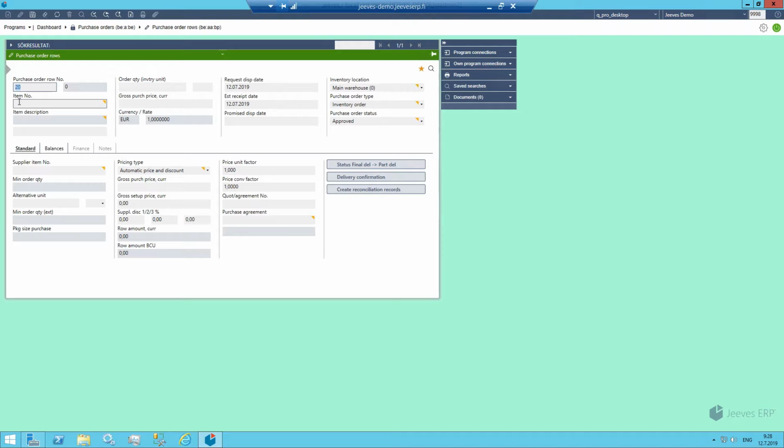Now you can see there is a new sheet for a new item. So this is Purchase Order Row Number, and the dates are the same, and it's time to write another item number to this field. And then we will click Enter, and we will specify the quantity and click OK. If you want, you can add the next item, and you can see the next item Purchase Order Row Number,